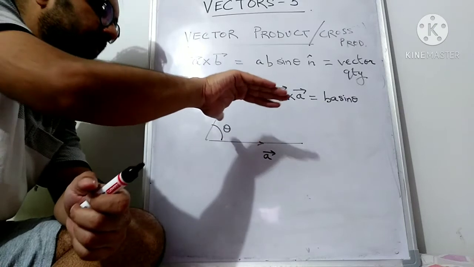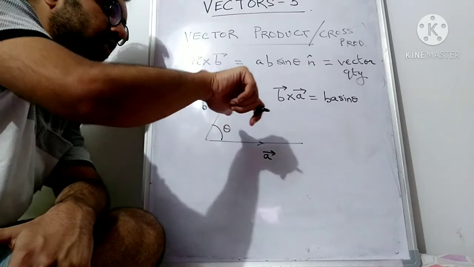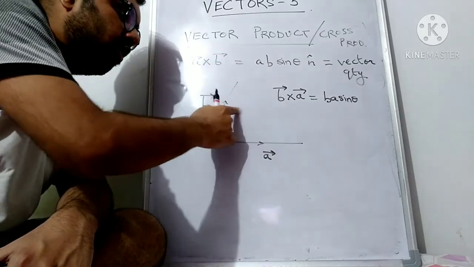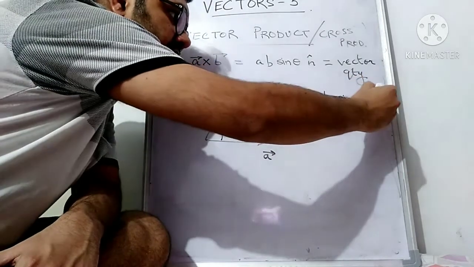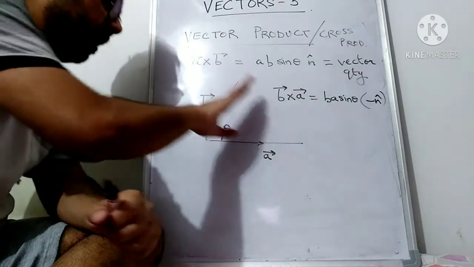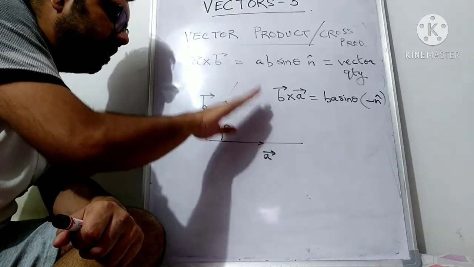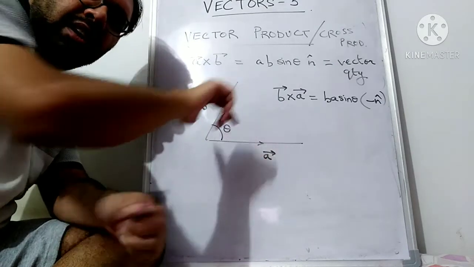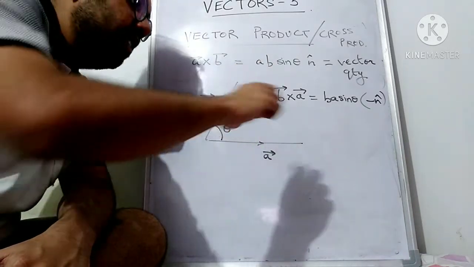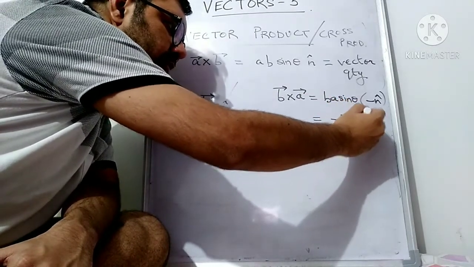So the thumb is pointing towards the inside of the board, right? So if n cap was the direction coming out, minus n cap will be the direction going inwards. That is why the unit vector in this case will be minus n cap. Are you getting me? When I'm taking the cross product b cross a, I have to keep my fingers towards b and then curl them towards a, which means the thumb will point towards inside. So if I took n cap as a unit vector coming out, therefore minus n cap will be the unit vector going inside. Therefore this will become minus a cross b.